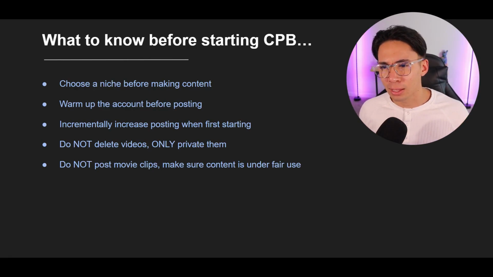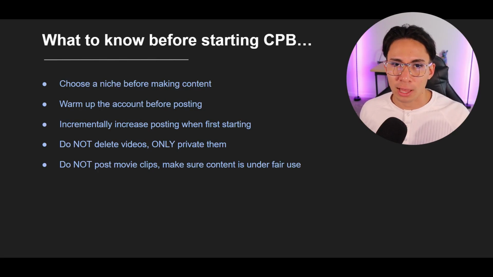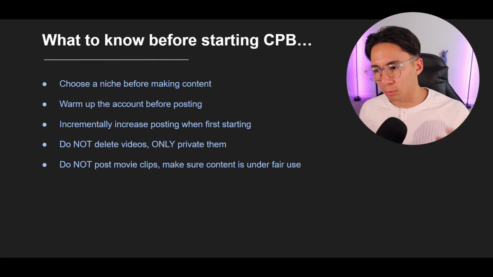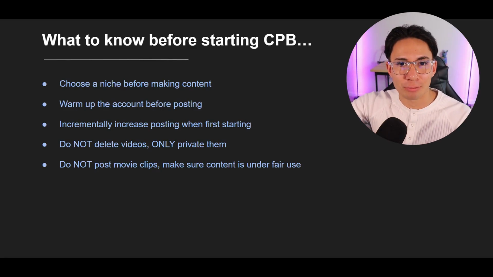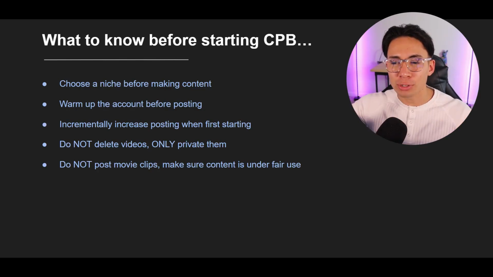Whether you like him or you hate him, he wanted that to happen. Influencers want that to happen. So you're not going to get in trouble if the clips that you're using are from people who want to go viral. On top of that, some things released by the government, like cop body cam videos and cop dash cam videos, are all public domain, right? So you can use those, that's fine.